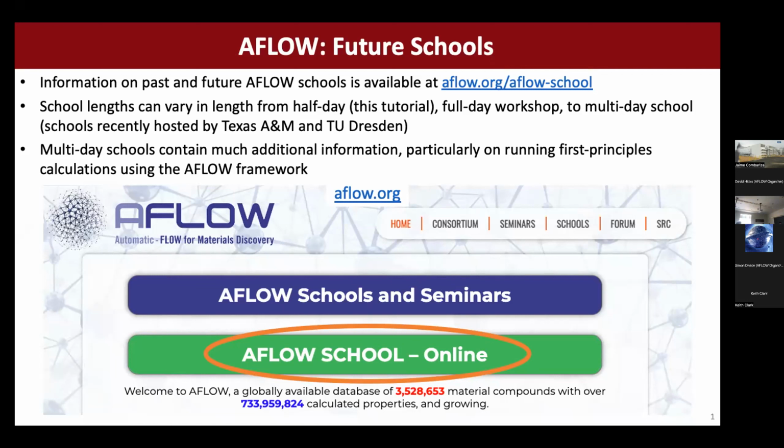So just a little more information. This is just a really quick introduction into AFLOW. It's really part of a much larger series that we've developed. As much as we do half day, we do full day workshops. We can even do multi-day schools. We've run them before. So if there's a lot of interest in learning more about AFLOW, this is really